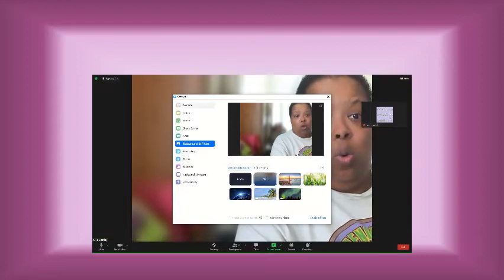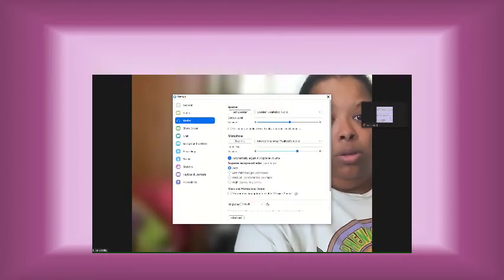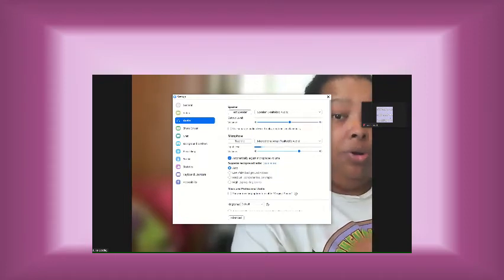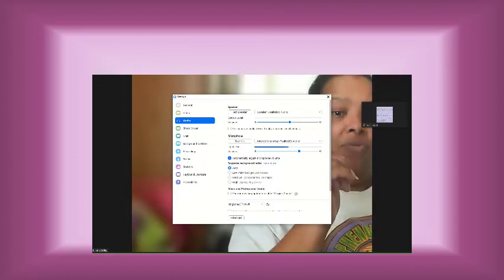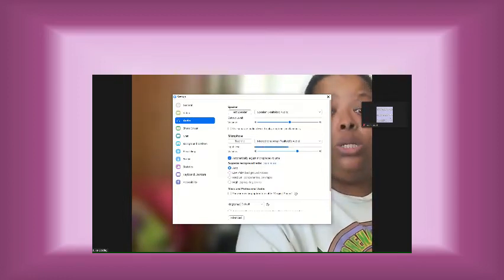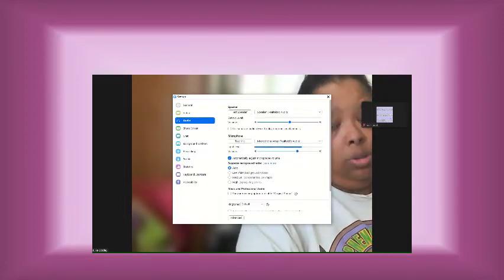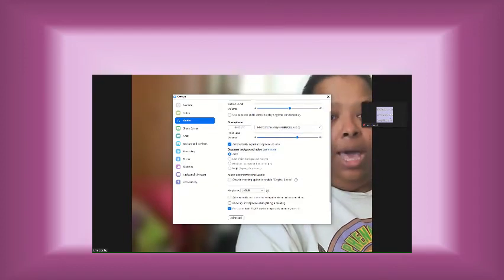This is also where you can control your own screen. So this is where you can test your volume, you can figure out how well, if you're doing a dry run, this is also where you can see: am I really loud? Do I need to adjust it? Do I want it to automatically adjust it? Do I want it to auto suppress background noise? I tend to say yes to auto suppress background noise because it's then dealing with anything around my camera that